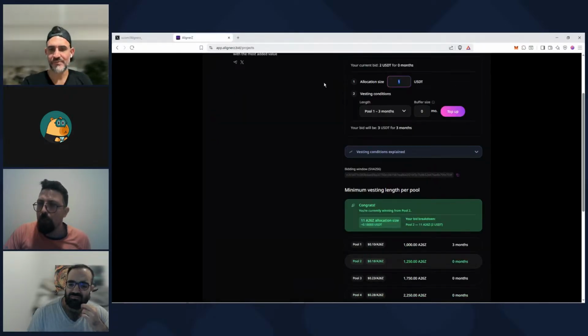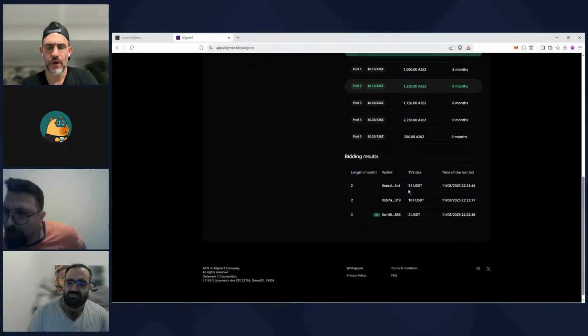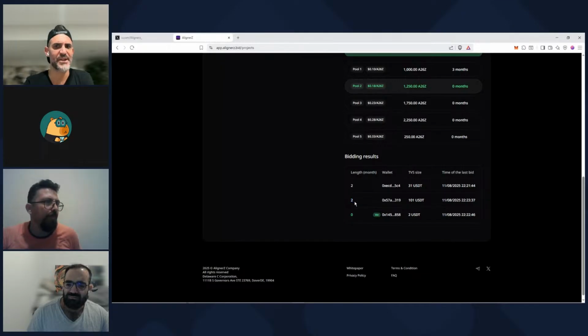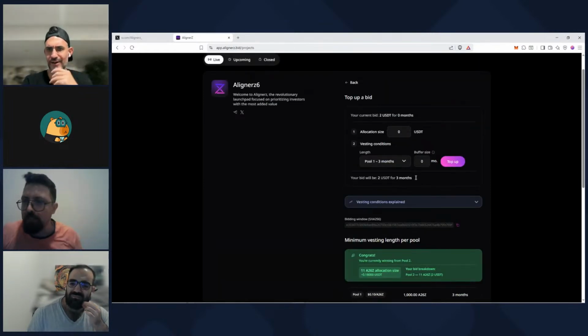Okay, so allocation 0, and please, but you had your months. No, I put 0. I specifically put in 0 months for buffer size. It said no, but it gave me a minimum. It defaulted to pool 1, and the drop down said pool 1 and 3 months. Look, I don't know what you have done, but you've added 2 months to your vesting length. Here, I can see it. I see it too, but I don't know why. No worries.